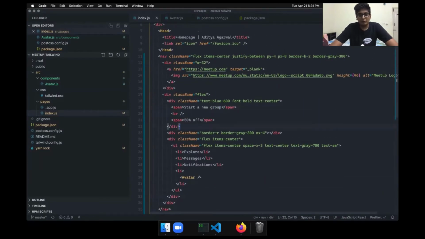Now similarly, this start a new group 50% off. Now what is it? Is it an alert? Is it a promo? Whatever. Attaching classes for these things, you have to figure a lot of those out, and you have to choose those so early. You don't even know how reusable it will be. Would this blue color thing ever come anywhere, or is it a one-off thing? And you have to choose some class. Now if you use a promo class, then in your other pages you can't use the same promo class because these will clash. So that's what I don't like about normal CSS.